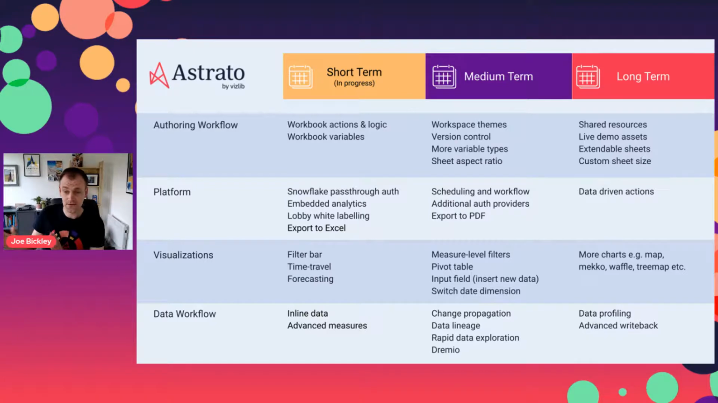And then moving out a little further for that area, we're looking at improving some of the theming capabilities, having things like version control. So when you have more teams working on the same content, you can do that in a more manageable way. And then looking also across both medium and long term around how you can control more of the sheet layout in terms of both the ratios, so the size of it, but also things like scrollability within the sheets to make sure that it's giving you the best result for the target audience and the target